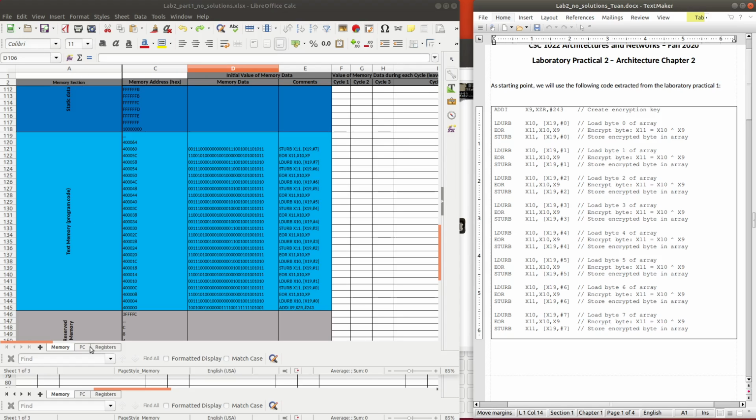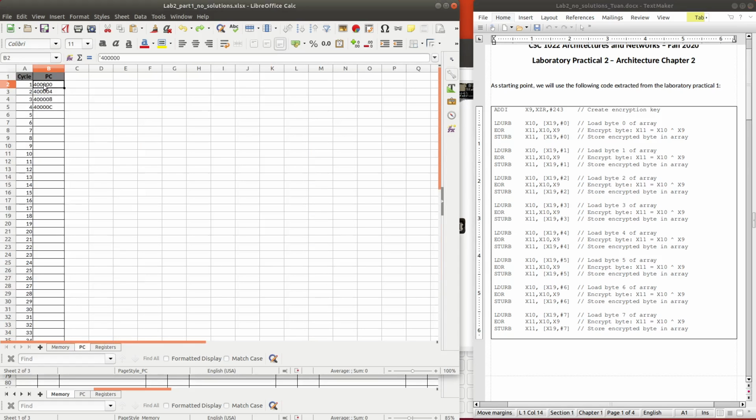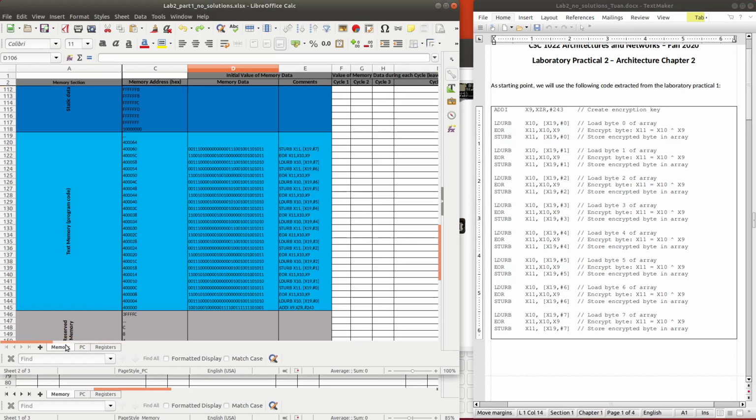So at the initial time, PC will be 400000. The value of PC shows that the current execution instruction will be this instruction. This 32 bits will be loaded from memory into CPU for execution.